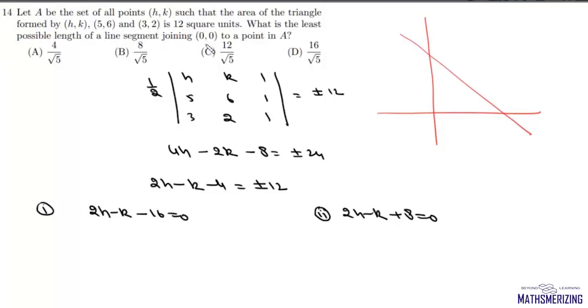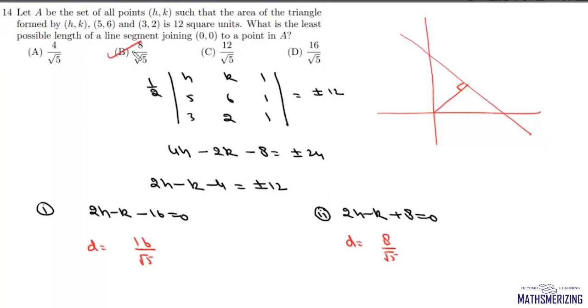So now we have two parallel lines, and it says what is the least possible length of line segment joining 0 0 to this point A. So this length will be least at a perpendicular distance from origin. So we'll find perpendicular distance from origin. For this case it will be 16 upon under root 5, and for this case it will be 8 upon under root 5. Now the least possible length out of these two is 8 by root 5,